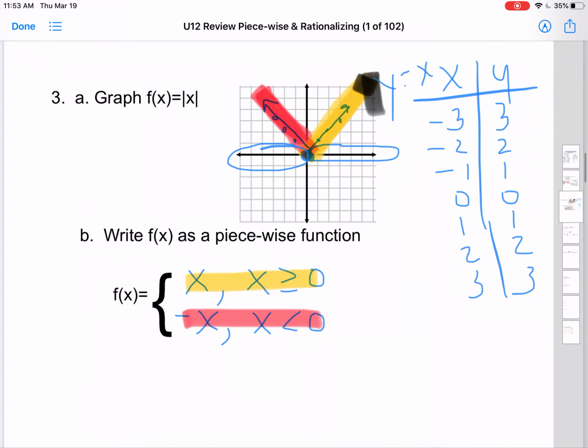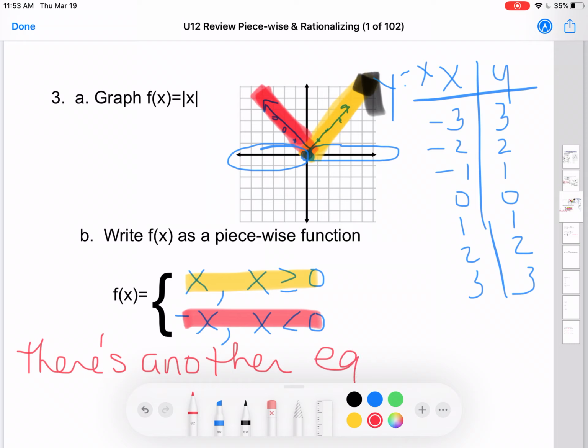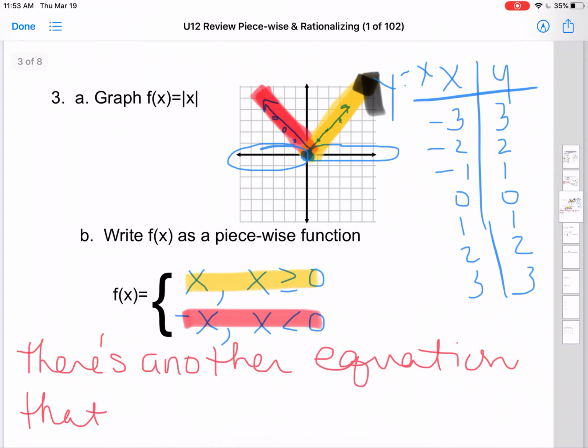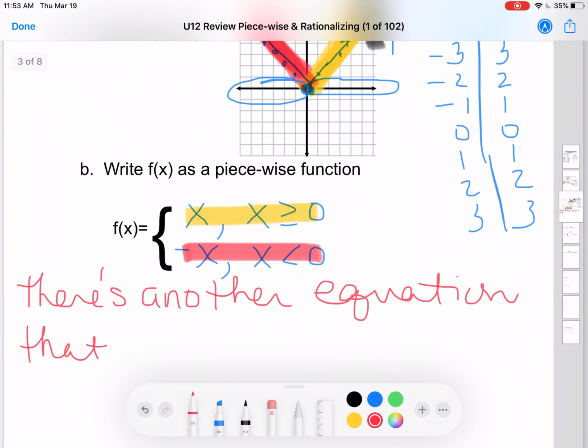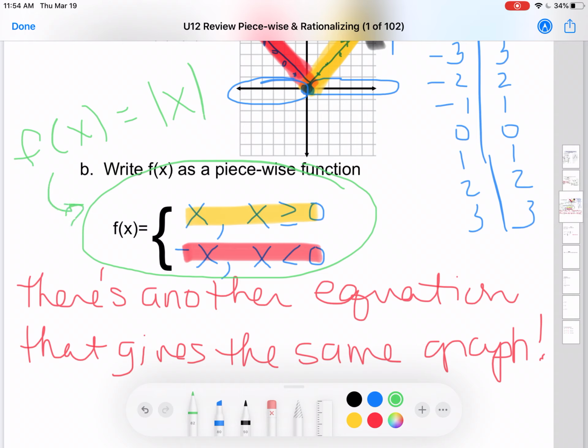So now we know there's another equation that gives the same graph. And it's that piecewise function right there. So this guy right here is exactly the same as f of x equals absolute value of x. Okay, so this is super important that we try to understand and try to memorize. All right, so if that's the case,